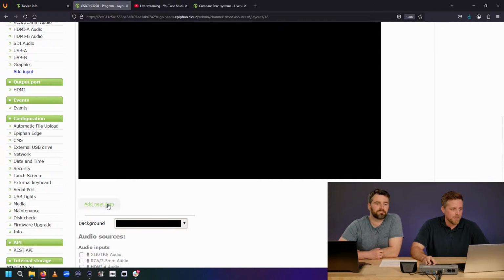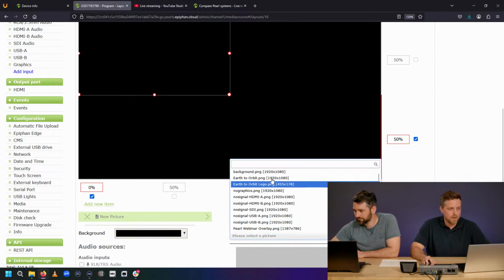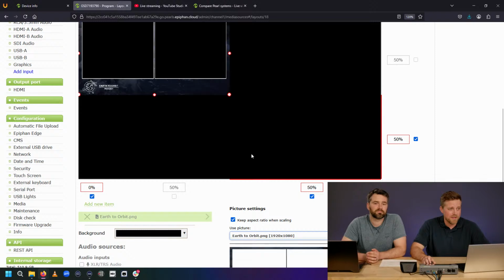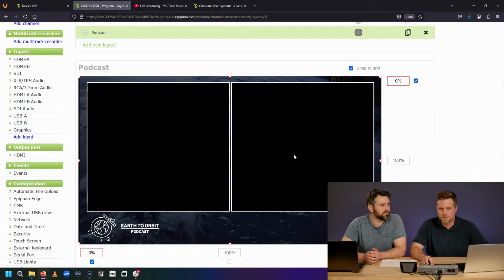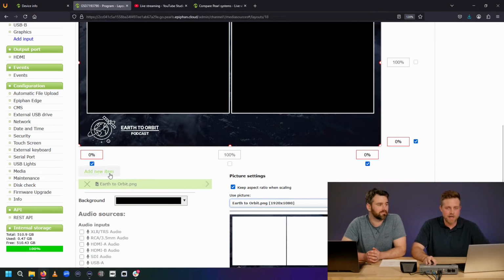So I'm going to add a new item, we'll add a picture. Now in Photoshop, I've gone ahead and created kind of a branded layout for this podcast here. And you see it has some video frames already built with some nice pins, some borders around the video sources. We've got our graphic, we've got some background image. But how I've created this in Photoshop is those black squares are transparent in Photoshop. So Pearl is going to recognize that and adhere to that transparency. So now we can put our video layers behind this PNG and it will frame for us automatically.